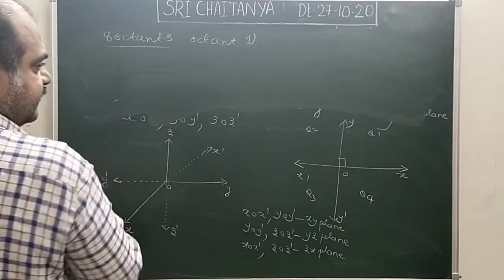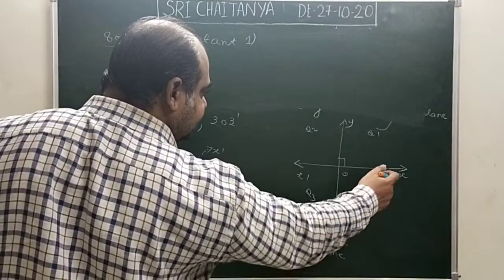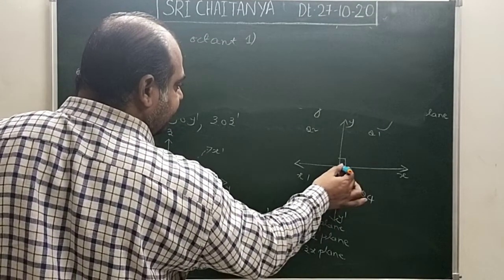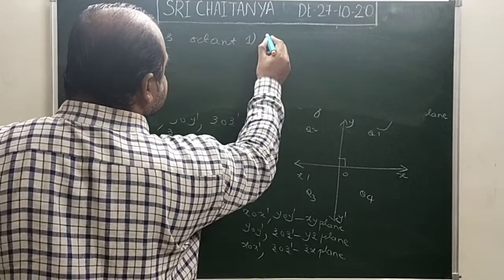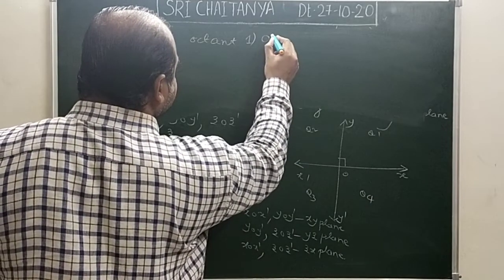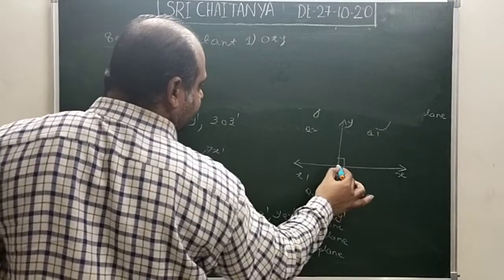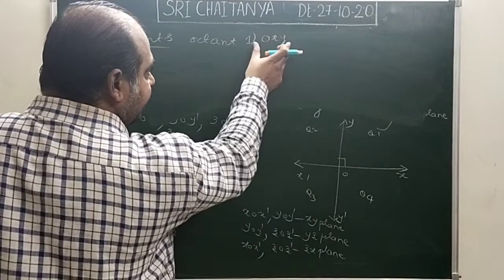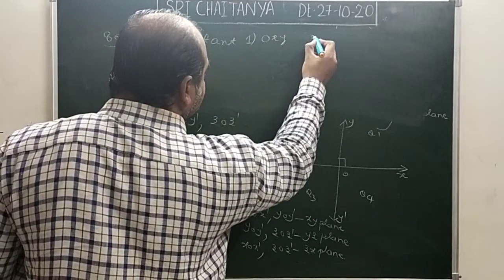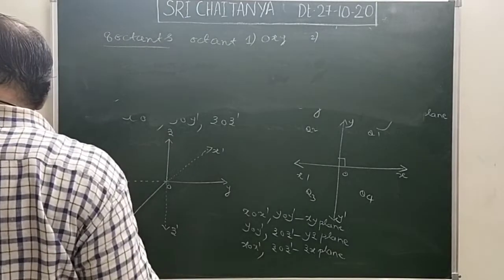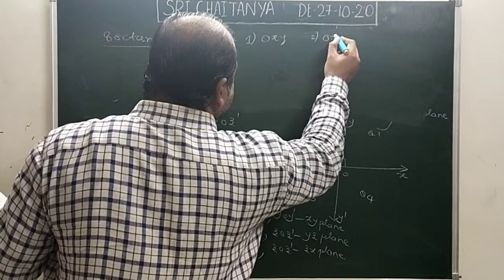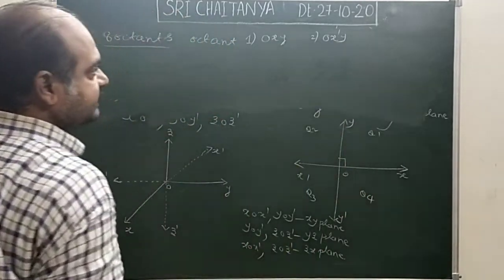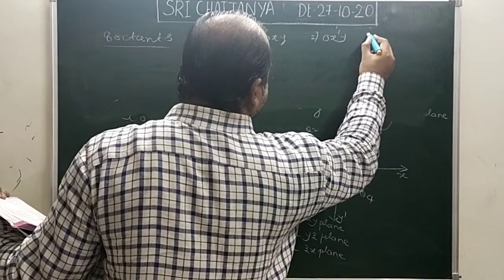Suppose look at how to write the octant. Suppose xy plane is there, 4 quadrants. First xy we will write because z axis we will introduce afterwards. That means first octant we will write it as OXY. Look at OX, OY, 2 boundaries for first quadrant that I have written OXY. And then we will introduce Z. So next Ox dash y. Look at Ox dash Oy, that I have written as Ox dash y, that is called second octant,